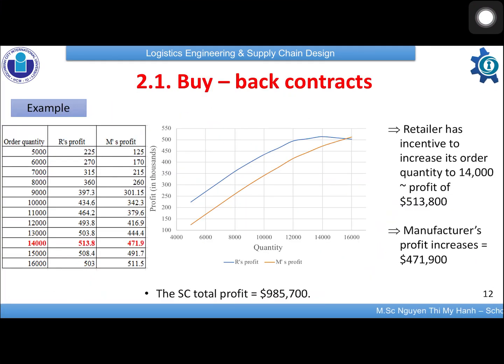So we can see this graph, and this point is the point that helps the retailer gain the highest profit. And we can see when they sign the buyback contract, the profit retailer gains is $513,800, and the manufacturer's profit increased to 471,900, compared to